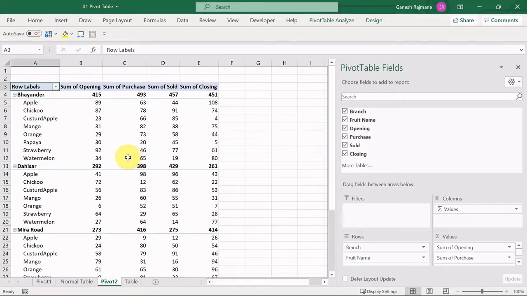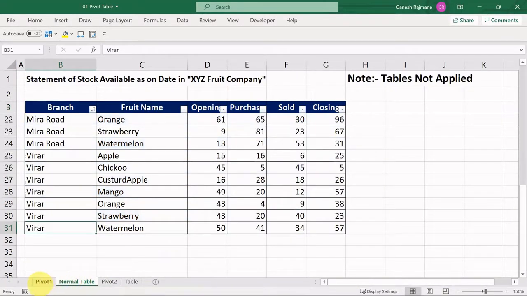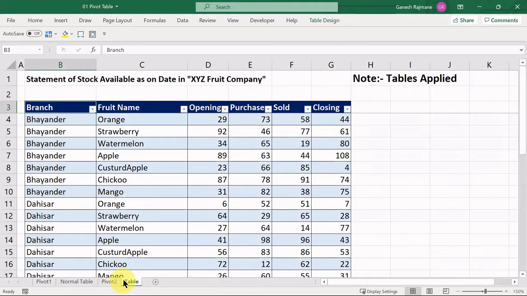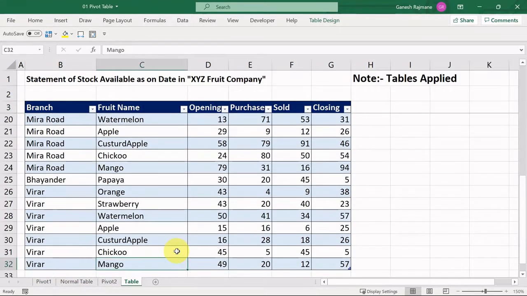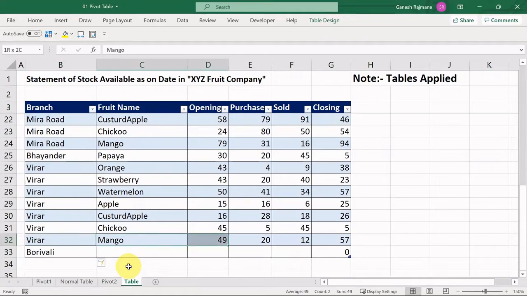Okay, I will let you know the main difference between a pivot table in a table and a pivot table in a normal table. The main difference is that if we add data or details in the master of the pivot table, take for example, I will add Borivali branch and I will copy the data of mango of Virar. Okay, I have copied the data.